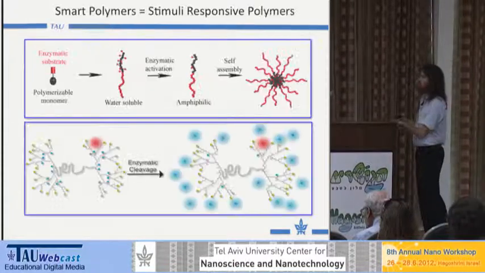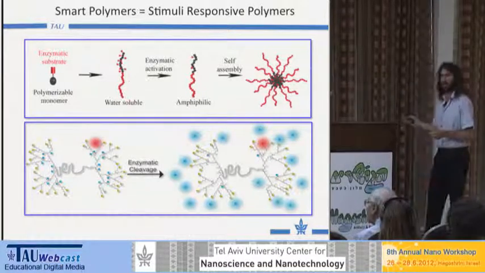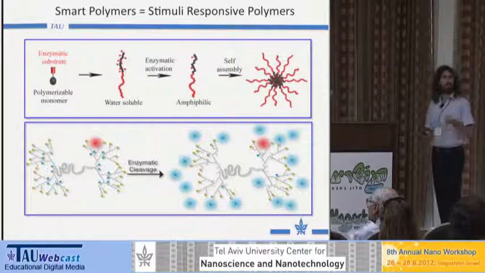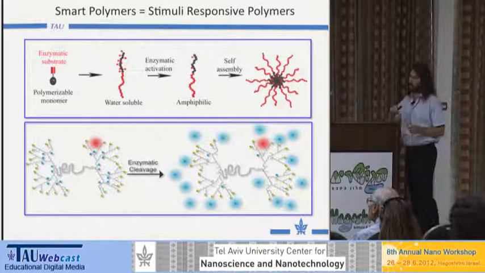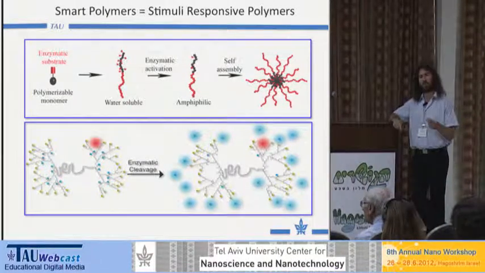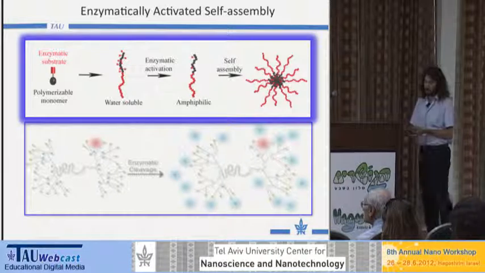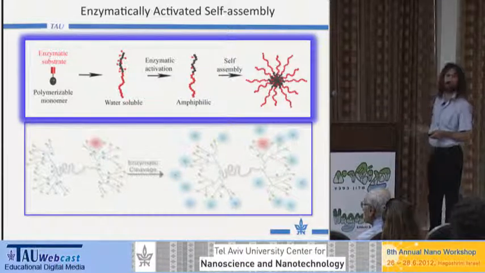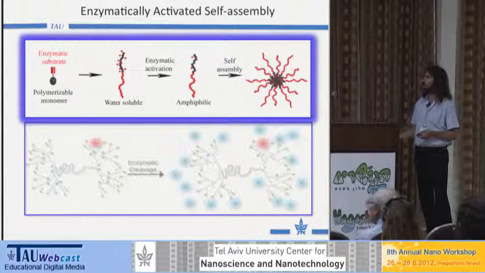comprised of 2 parts. When we say smart polymers, we actually mean stimuli-responsive polymers, which are polymers that upon external stimulus can alter their molecular structure, leading to changes in properties of the bulk of the polymers. The first project would deal with enzymatically triggered self-assembly of block copolymers. And it's long been known that if you take